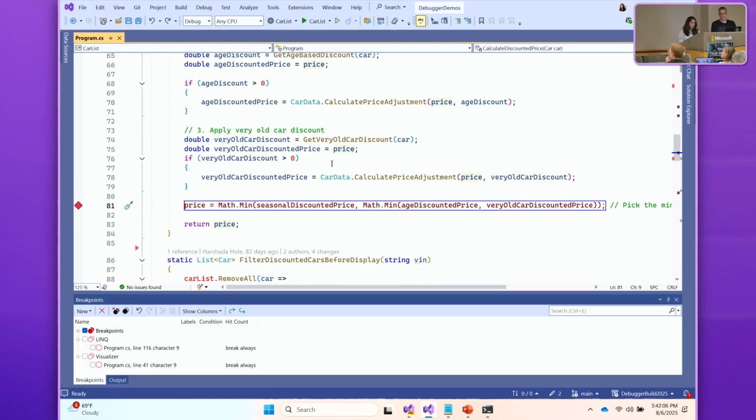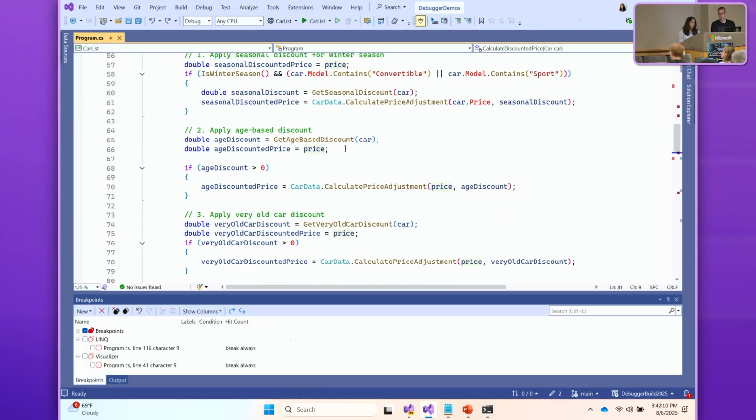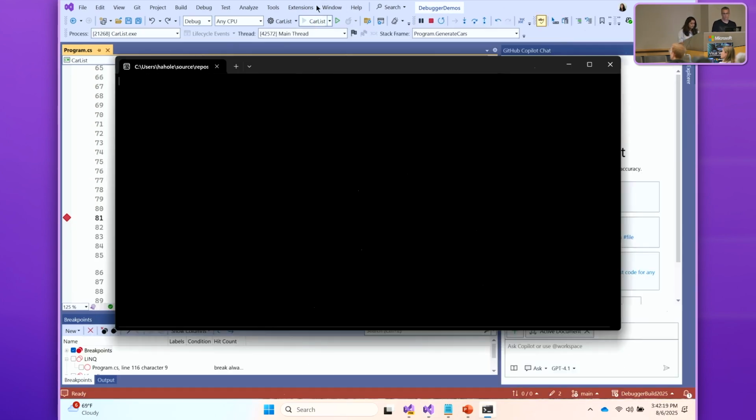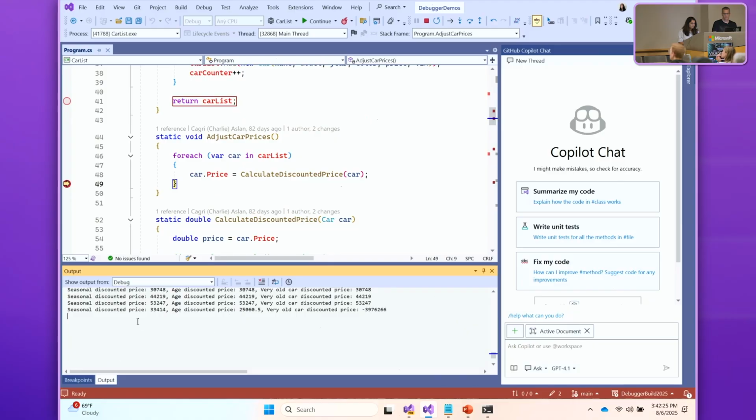So what I'm expecting is that I will only hit this breakpoint when the price is negative, and this particular log point will tell me what particular discount is negative so that my price is getting negative. So let's start again. Okay, and I'm going to go to my output window here. And if you notice here, it is telling me the prices from all the discounts. It's telling me that the very old car discount price is getting negative, and that's why something is happening when